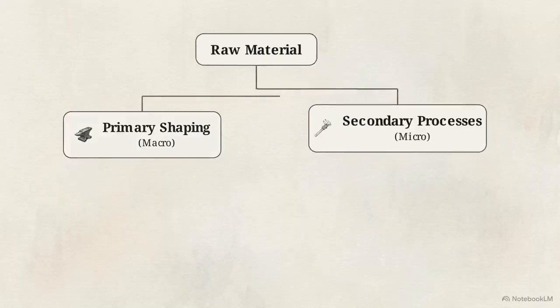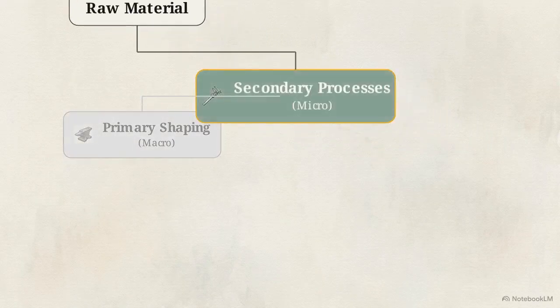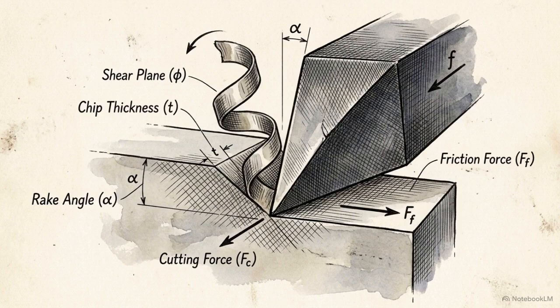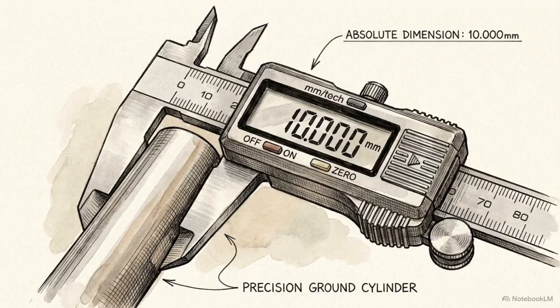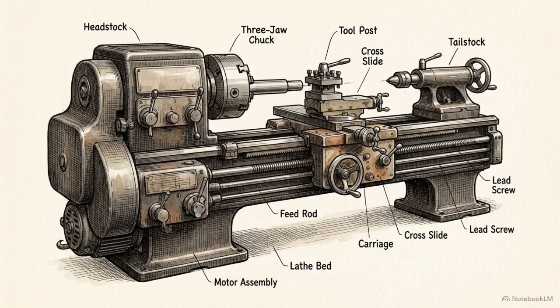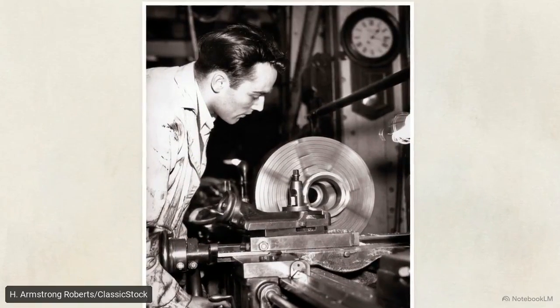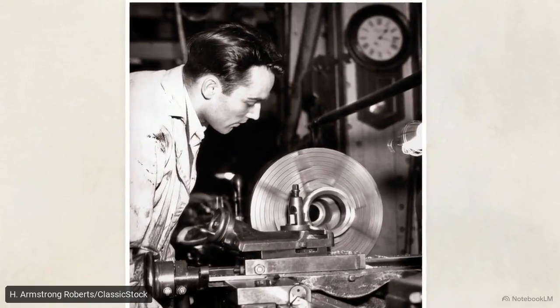Now we cross to the right side of our tree, secondary processes, starting with the machining subbranch. Machining is subtractive. We apply localized shear forces to carve away bulk material, peeling off exactly what we don't need to reach absolute dimensional accuracy. A foundational subtractive method is turning. We mount the workpiece on a lathe, rotating the spinning cylindrical metal against a stationary cutting tool to shave off